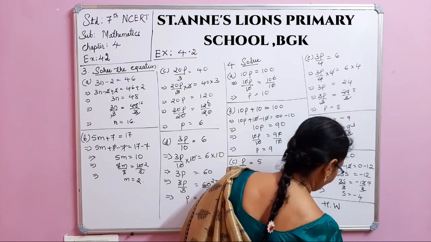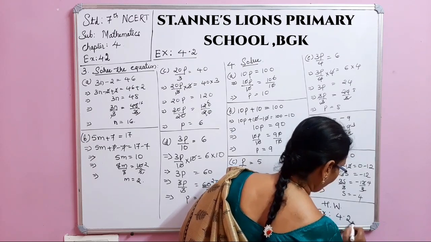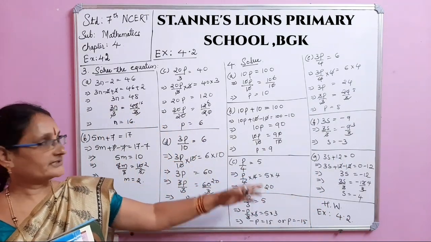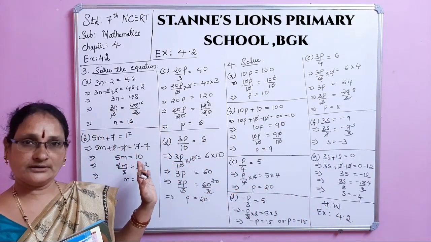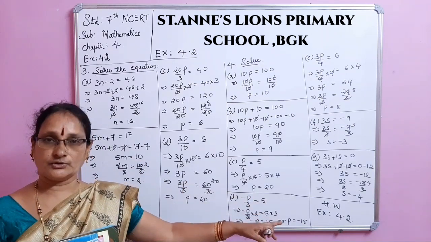Homework: exercise 4.2. The remaining 5 problems you have to solve, same like this only. Okay. Solve and understand, complete the exercise. Then the same thing you have to do in the homework book